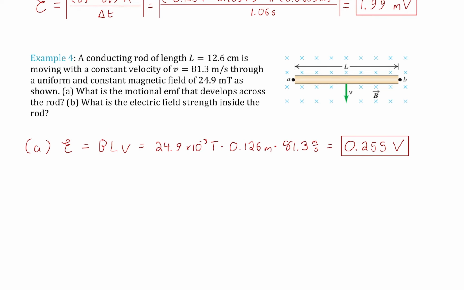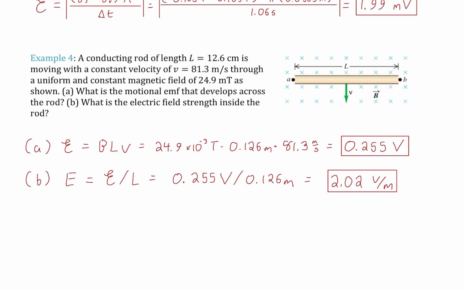Now, what about finding the field strength? Well, you just have to remember the relationship between EMF, which of course is voltage, and field. By definition, the electric field is just volts divided by length. All right, volts per length. So here it would be the overall length of the rod, because that would give you the electric field within the rod. All right, so 0.255 volts divided by the entire length of the rod, and there you go, 2.02